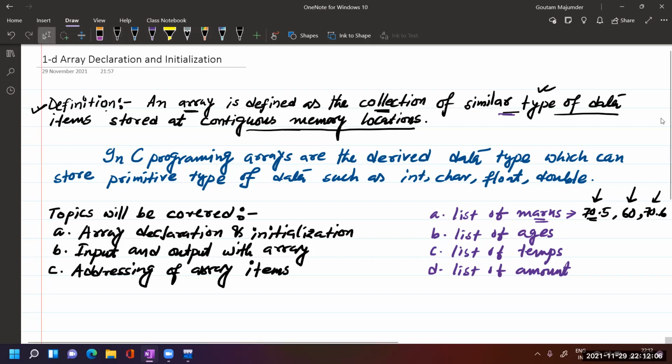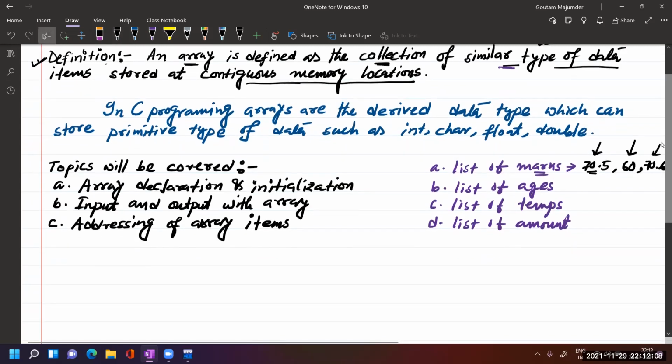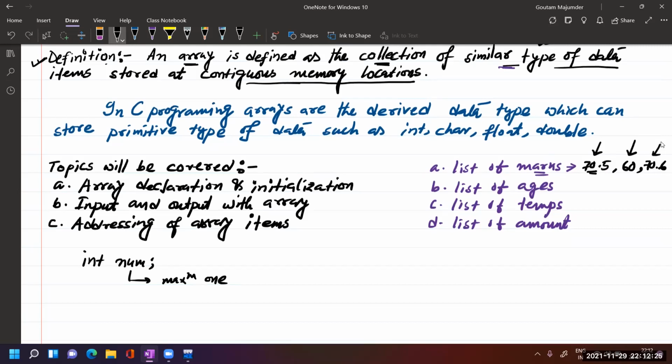So normally, when you declare any particular variable in C programming, and this lecture is for the C language, how many values can it have? Maximum one value. One value only.